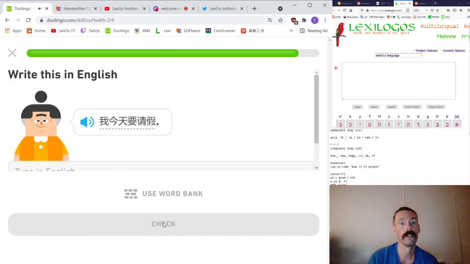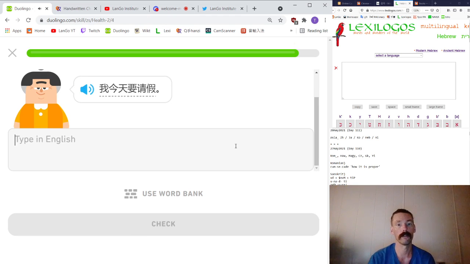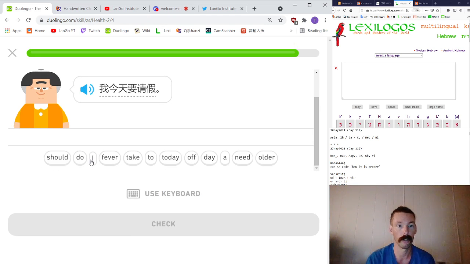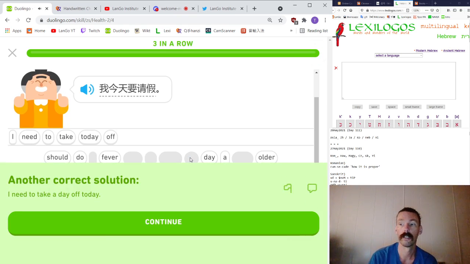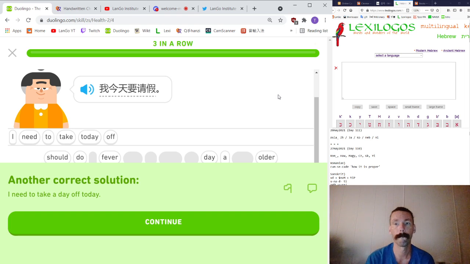我今天要请假。 Okay, and this is I'm going to word bank it. It's interesting. It's a contraction. It contains neither elements from boo or ya, really. Well, it has the B, the way it appears. It has a Y phoneme there. I meant graphically. The character doesn't contain. That's a good point.